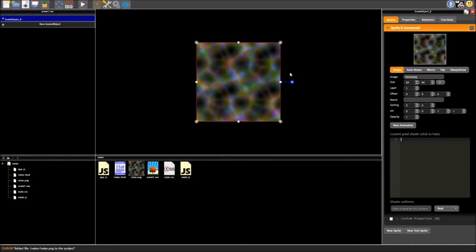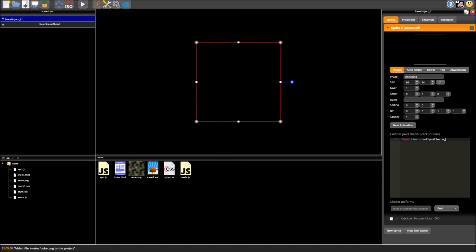And before we can make much use of this, we need to learn about a few more properties in this pixel shader. So I'm going to go ahead and add the first one. So time. This will be the app time of Wade. So how many milliseconds it's been running. So you'll notice I have this variable UV alpha time. There are two variables that get included by default in your shader. We saw a different variable before, the output, GL frag color, that is in all OpenGL shaders, but Wade adds two more. So we've got UV alpha time, and this has four properties, X, Y, Z, and W.